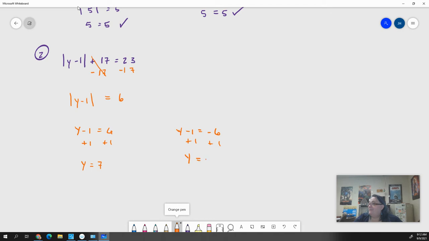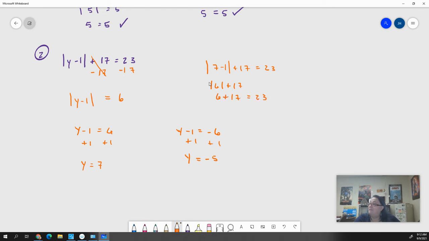Y equals negative 5. Now we're going to plug those in to the original equation and see if they work. I can do this mentally, but just for the sake of fun: 7 minus 1 plus 17, does it equal 23? 7 minus 1 is the absolute value of 6 plus 17, which is just 6 plus 17, which does equal